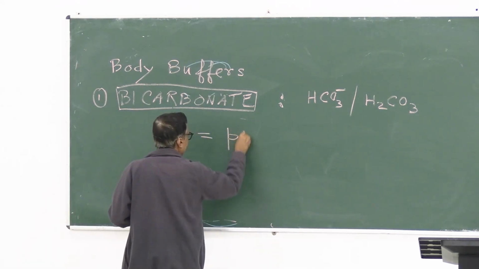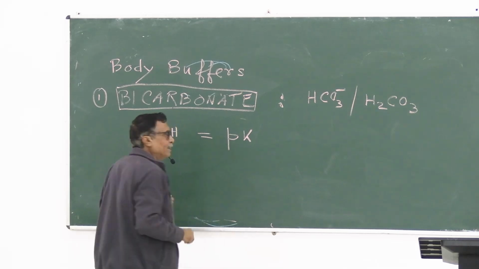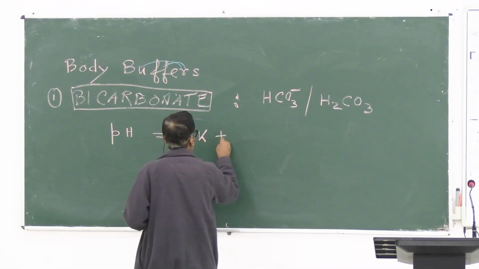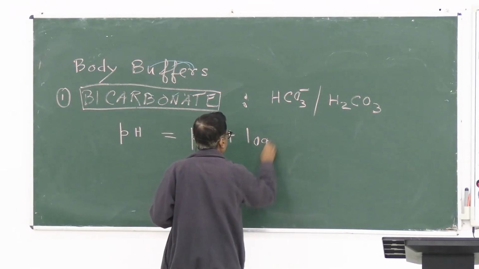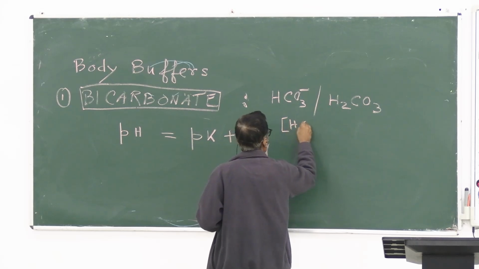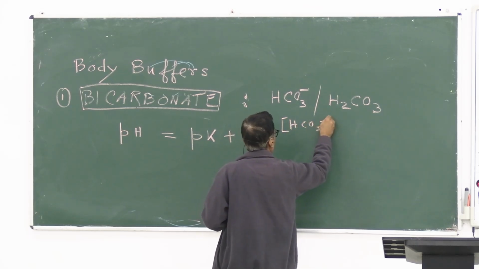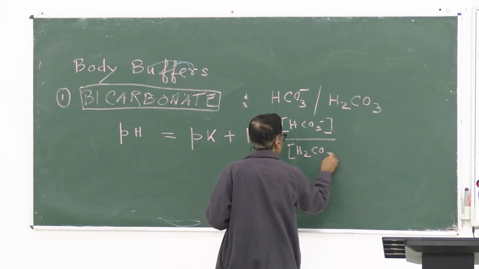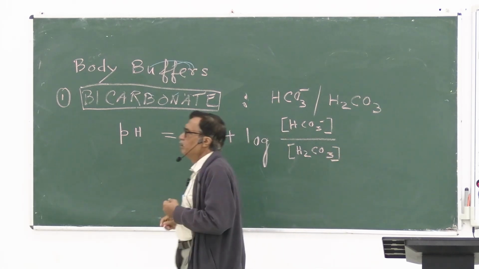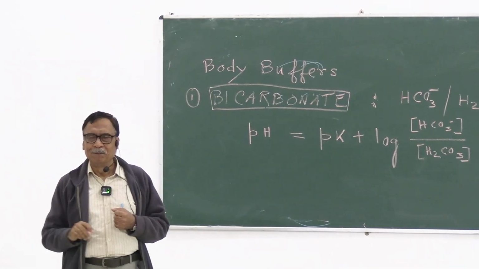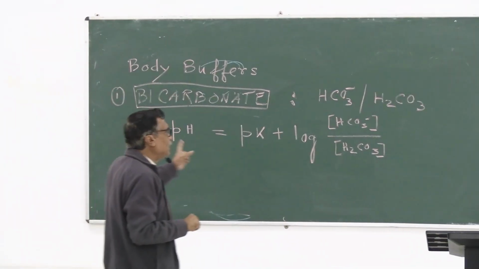pK, that means the negative logarithm of the ionization constant, plus log of bicarbonate, that is salt, over acid being carbonic acid. This is a very important equation in terms of the bicarbonate buffer, and based on this equation